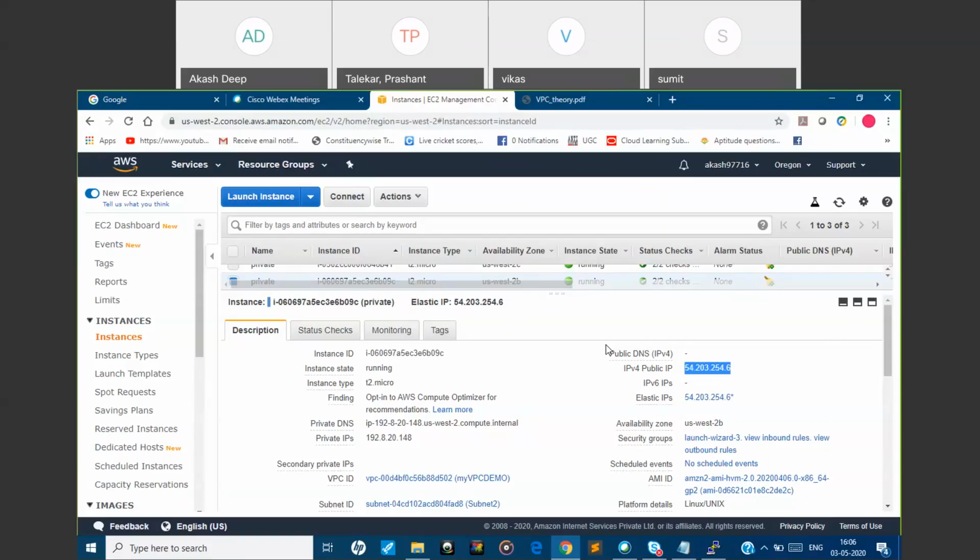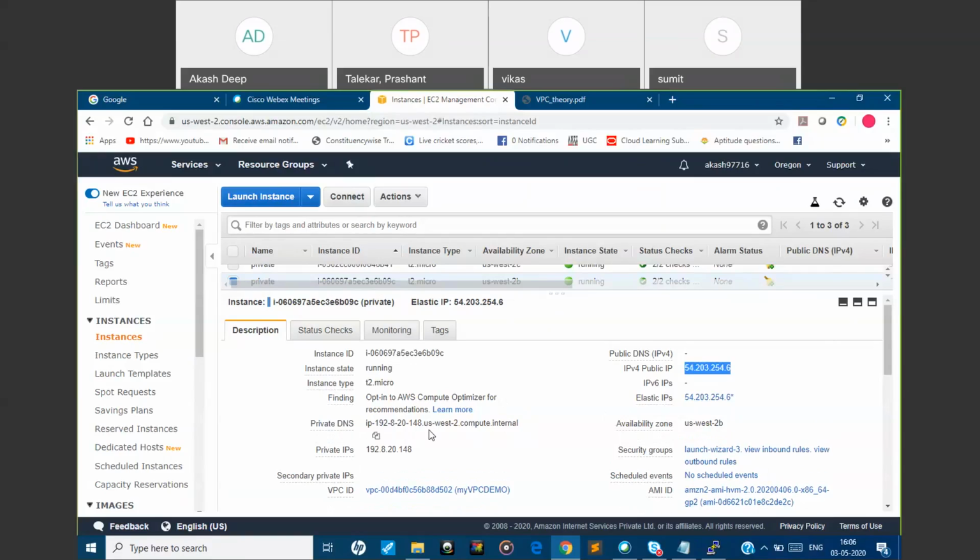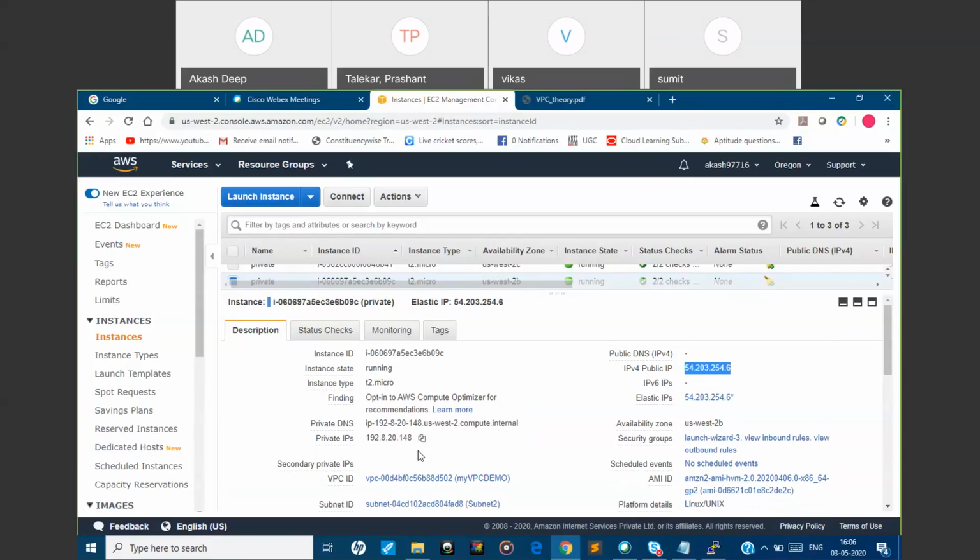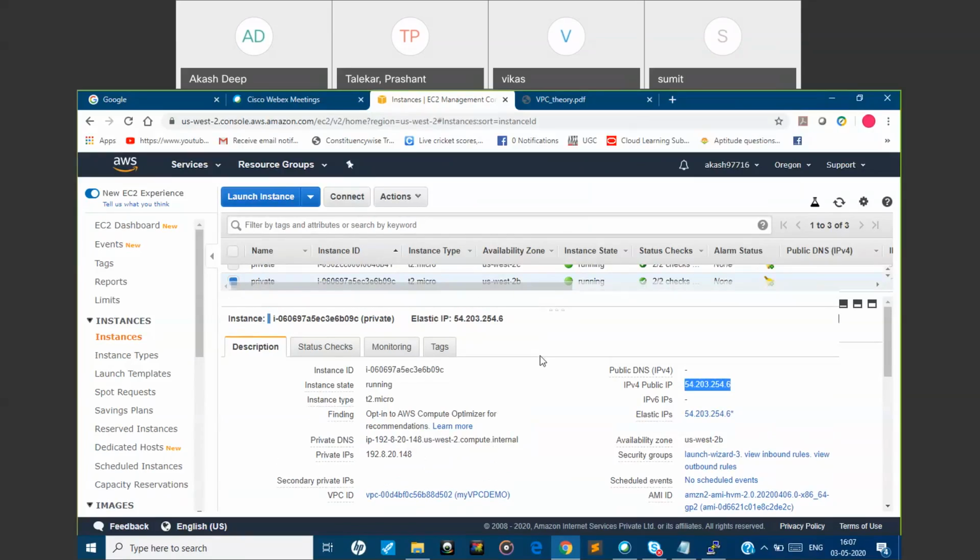But in an organization, people perform all the operations from the private IP. That's why you go into your own virtual private network, and only after that are you able to access some applications. Otherwise, you are not able to access. That is the funda here. I had shown you this thing.